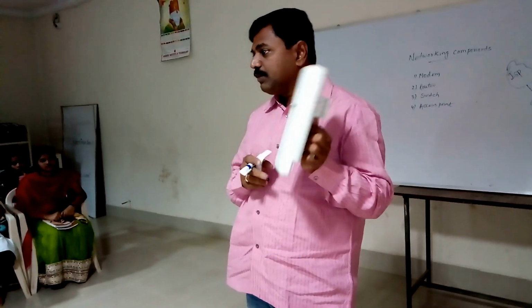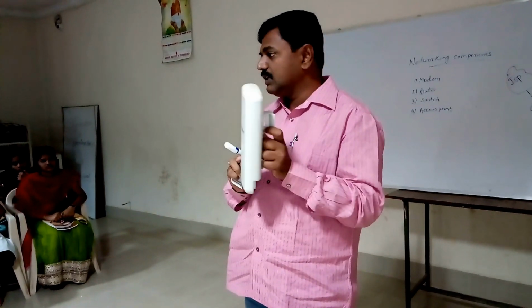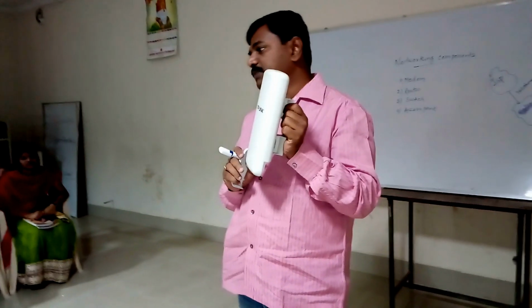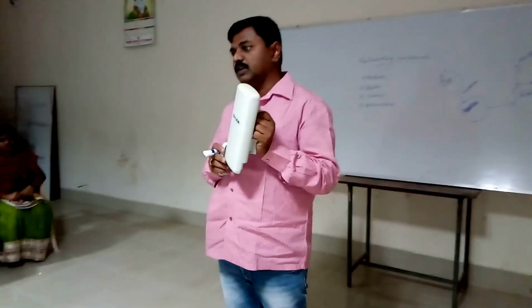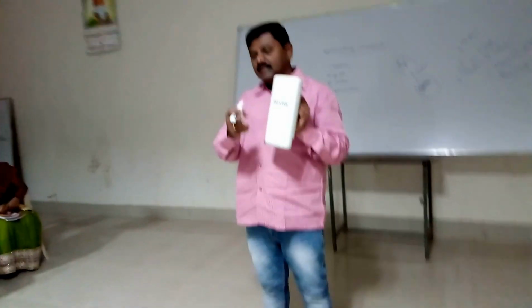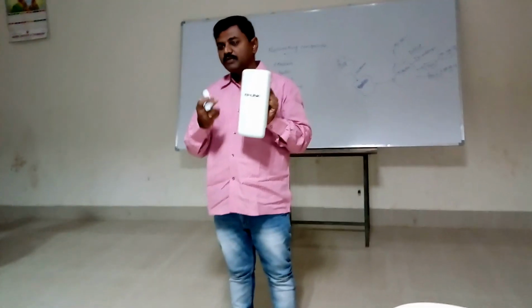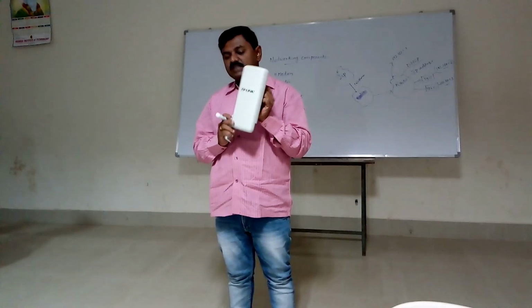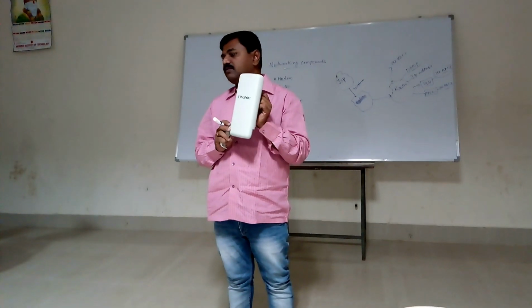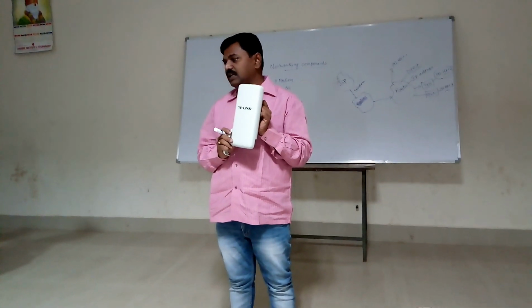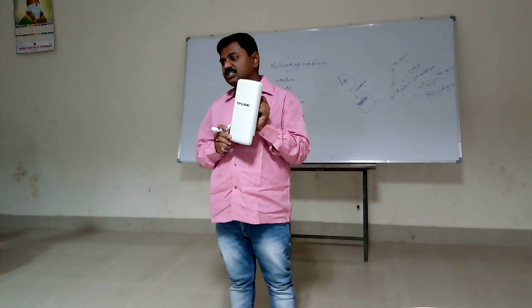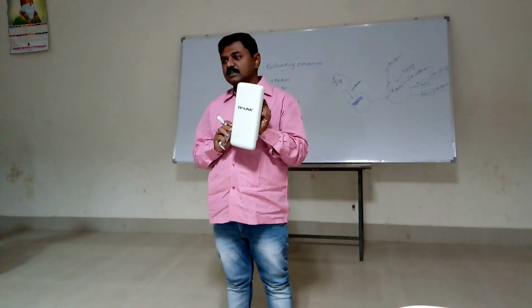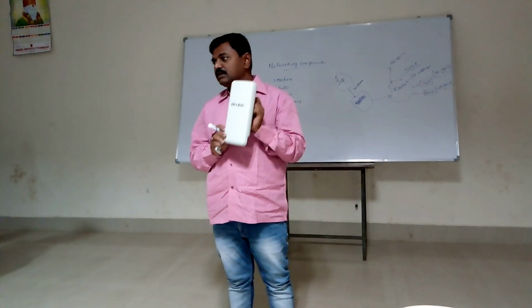In this TP-Link wireless router, you can extend the range up to 15 kilometers. So if I want to transmit my internet up to 15 kilometers, I can connect the output from the router or the switch to this access point. This is called a wireless access point. The main function of this wireless access point is, if I want to extend my range to say 1 kilometer or 2 kilometers, I can connect this wireless access point.